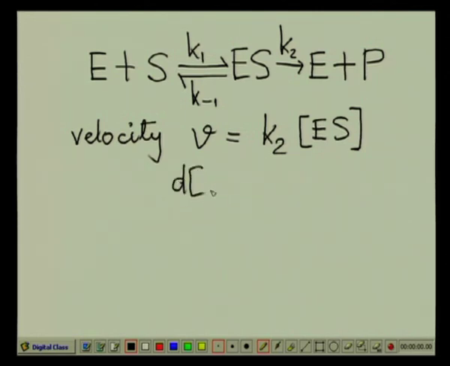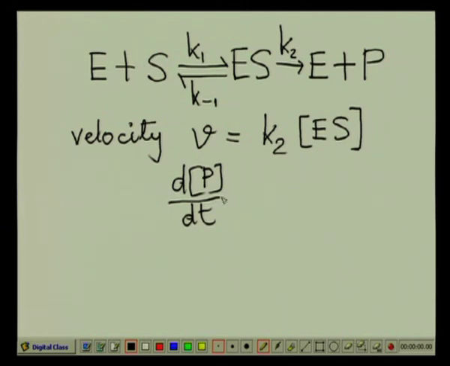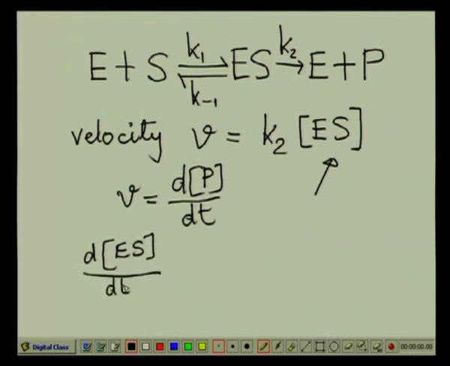What is the rate at which products are formed? It is dP dt, right. dP dt is the rate at which products are formed. So, I have my dP dt, which is actually nothing but the velocity. Now, what do I want? I want an expression for ES. To get an expression for ES, I have to consider d ES dt,